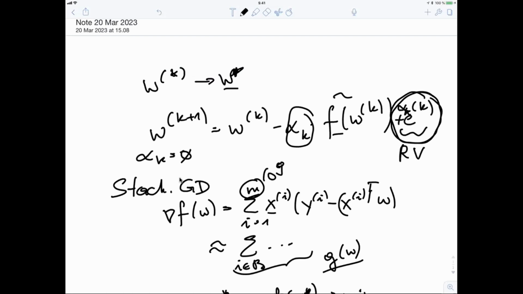Is this a good choice for the step size in stochastic gradient descent? I mean, we would remove the perturbations. No, but what is the drawback of using this small step size, 0? What is the progress that we make in an iteration? 0, because we don't move at all, no progress. So it's not useful. So we must use a step size larger than 0. And typically we use step sizes that scale with the iteration like 1 over k.